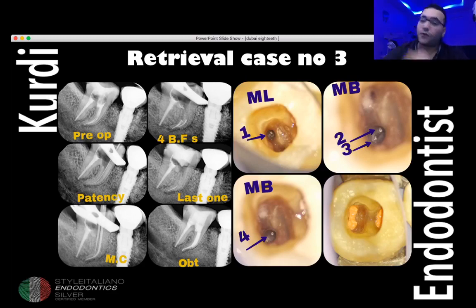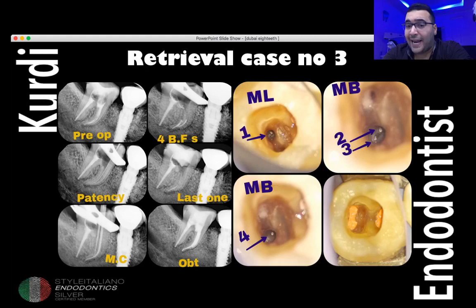He broke 4 files, and this is normal. We have all such cases of file separation. It was not his lucky day, and then he referred the case to me. I removed the gutta-percha because he had put in obturation, and he waited for the follow-up, and the patient didn't feel good, and the pain was still there, and the signs and symptoms were there, so he referred the case to me. I removed the gutta-percha, and then I had a great direct access to the broken files, and with the